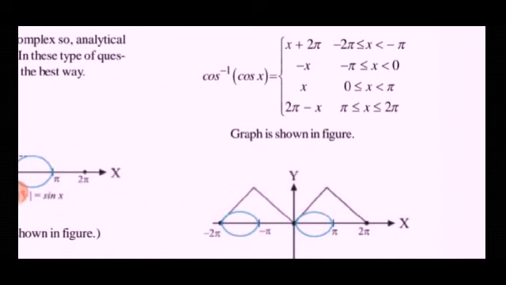So between 0 to 2 pi, if you analyze here, then on the y-axis you can take a mirror image, as cos inverse cos x is an even function. All even functions are symmetric about the y-axis, as you know well. So as 0 to 2 pi has an inverted V, one more inverted V will be there between minus 2 pi to minus pi. You will find y equal to x between 0 to pi, because cos x is decreasing between 0 to pi, and cos inverse x is of course decreasing throughout.